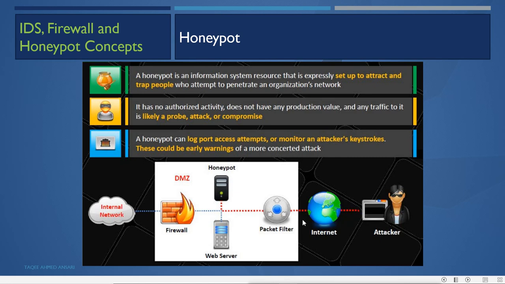So we can design our firewall, we can design our filtering based on those source addresses, so that these addresses are not allowed, or something like that. So it can give the organization a chance of saving the real servers. The attacker will attack honeypots so that our real servers can be secured.